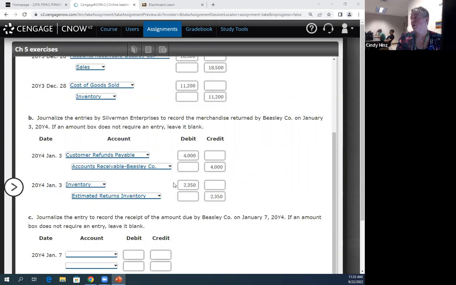And also, hopefully it's clear why we debit inventory. We debit the inventory, as long as there's nothing wrong with that merchandise, we're going to add it back to the inventory account. If there's something wrong with it, if it's defective, it becomes an expense or a cost for us, because we're not going to put it back into inventory if we can't sell it. If it's damaged or spoiled, defective in some way, we would not add it back to the inventory.